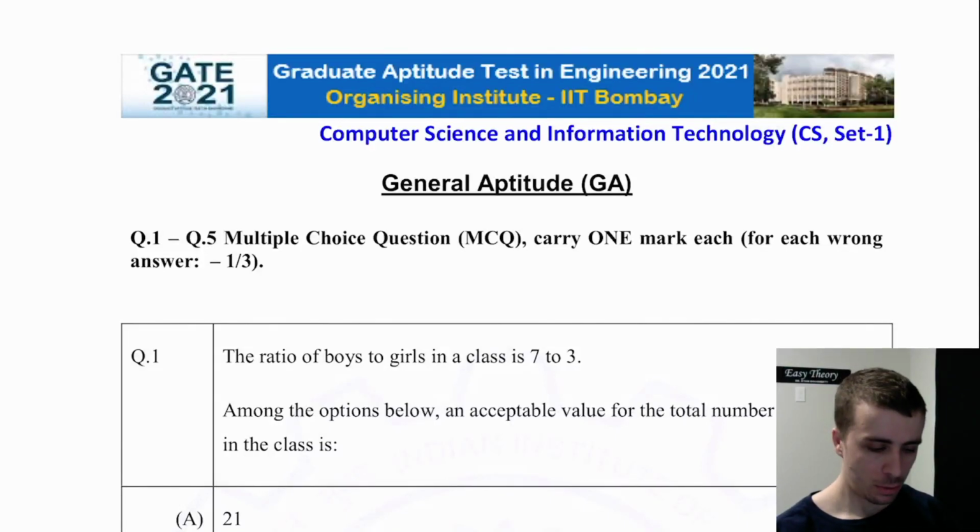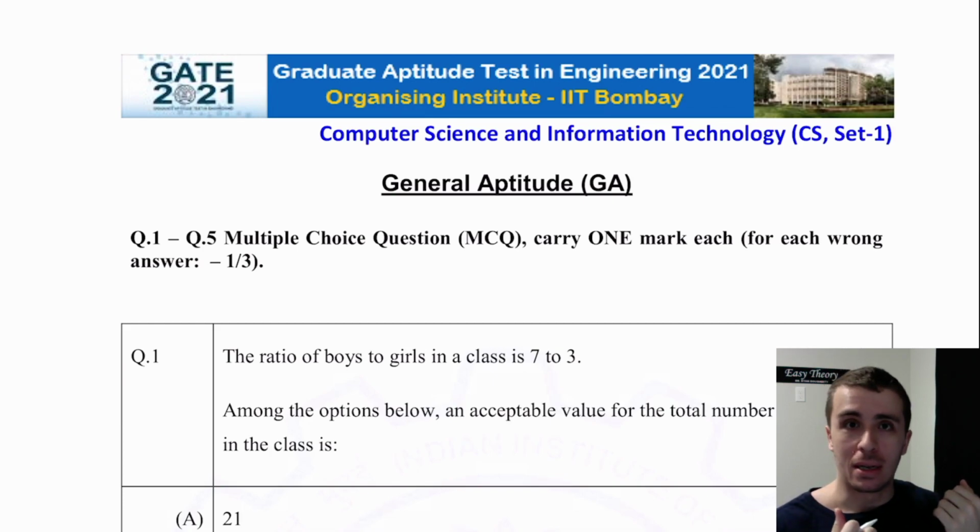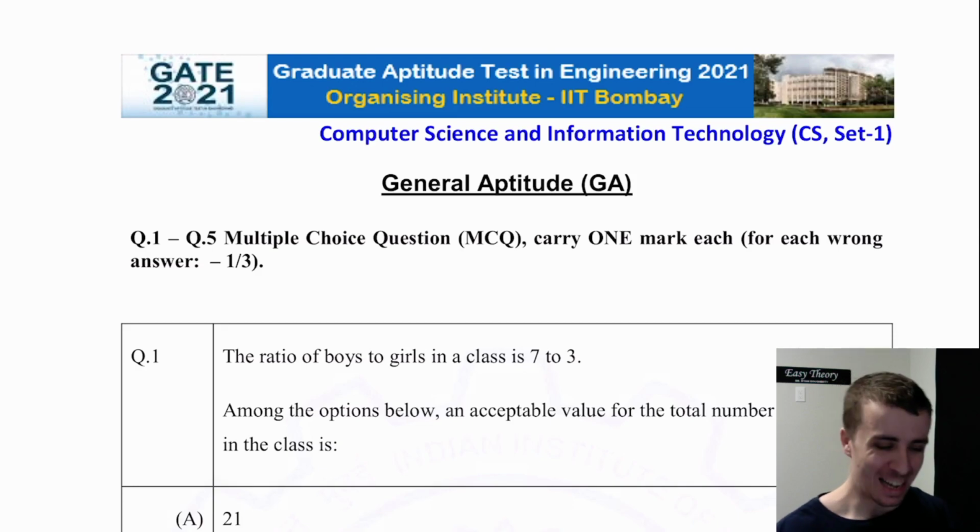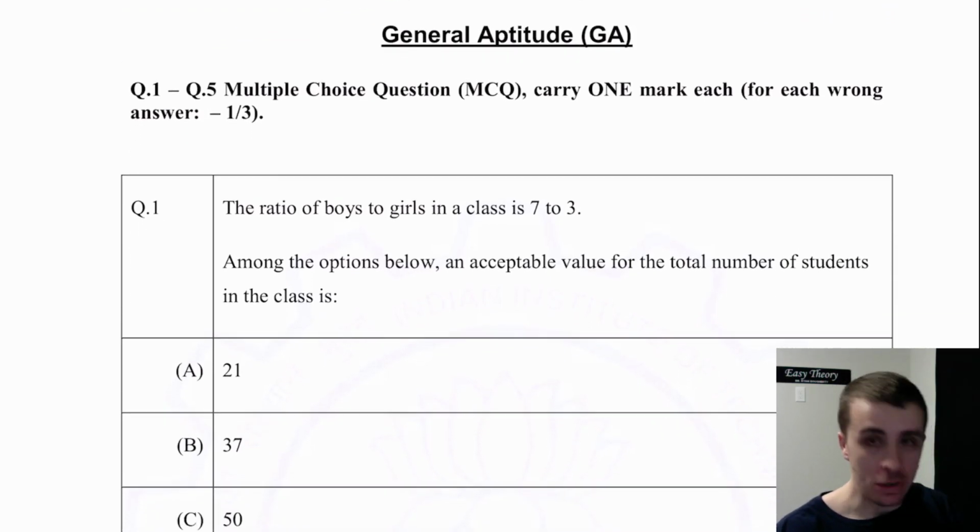Hi. So the GATE 2021 exam solutions were officially just released, and what I want to do is go through all of the theory questions across both parts and try to give a deeper reason for understanding why the solutions are the way they are. I've never seen these questions before. I don't have the answer solution in front of me. I'm completely doing this live. Well, I'm recording it, but I'm doing it live. So I don't even know where the questions are.